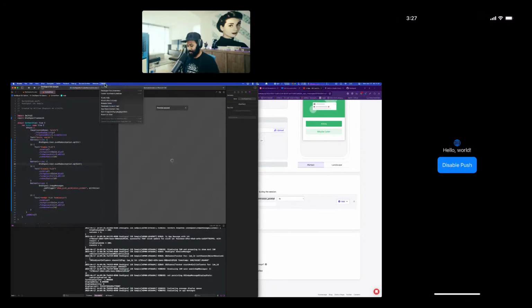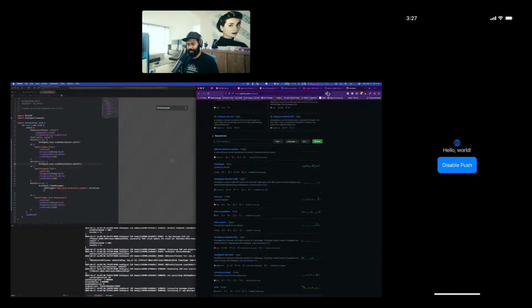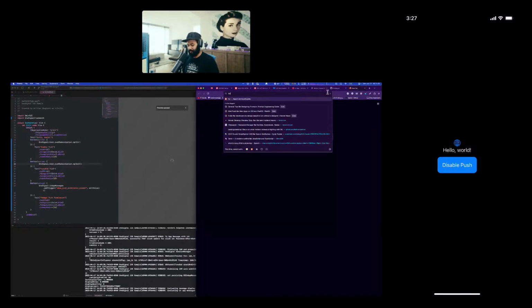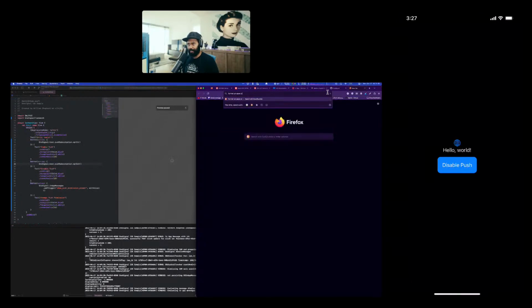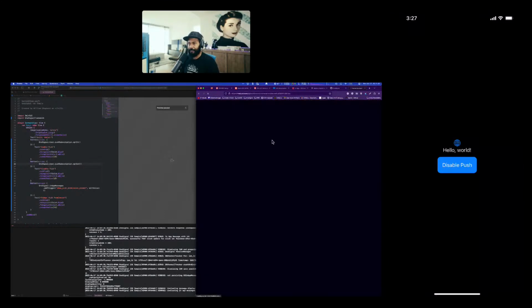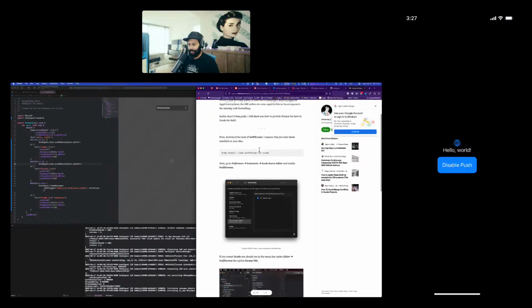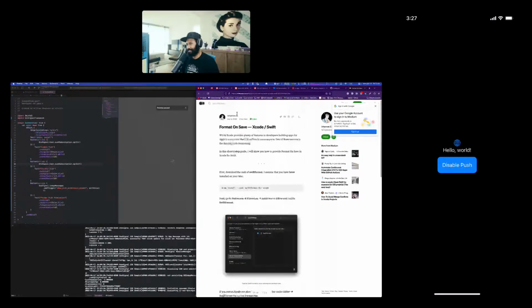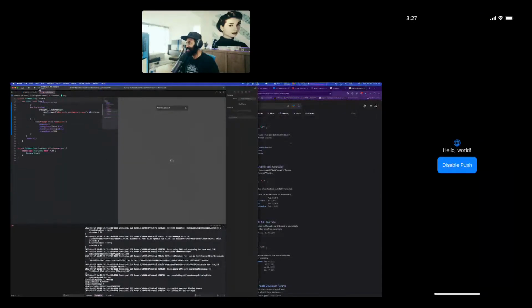Maybe there is a way to do this. Okay, maybe Google is the answer. Format on save Xcode. I have to install something. Oh no, I'll pass.